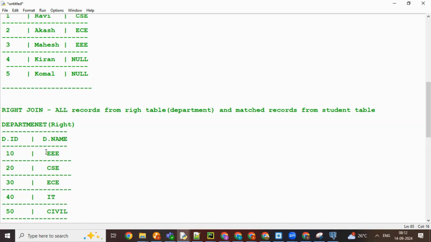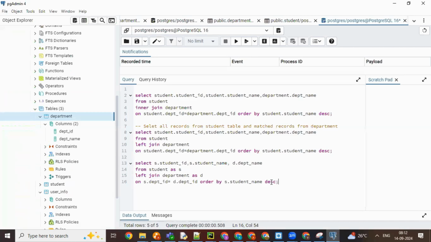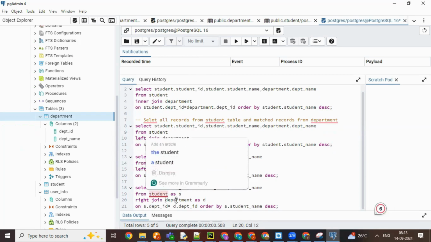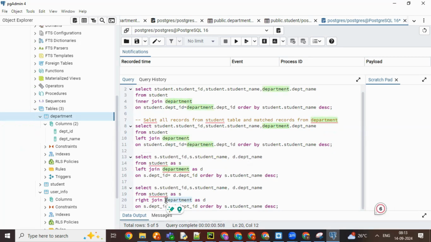But when it comes to the filter, whatever S name you are printing, that's fine, it will come. And here, primarily all records from the right table and the matching records from the left table. Let me give an example so that it will be easy. So this is a left table, and the same way if I do a right join, every record from the department table and the matching records of the student table. Now if you go and execute this,